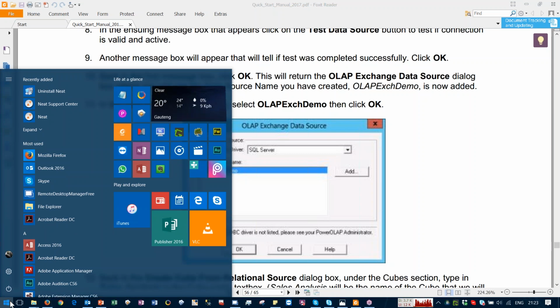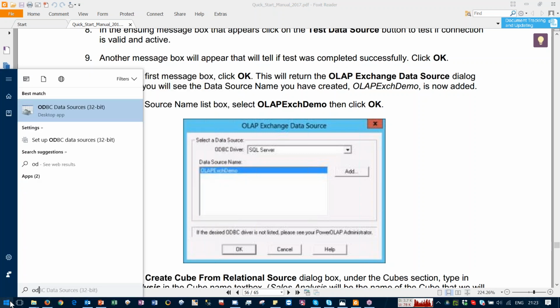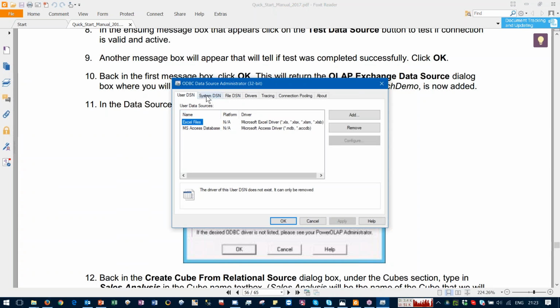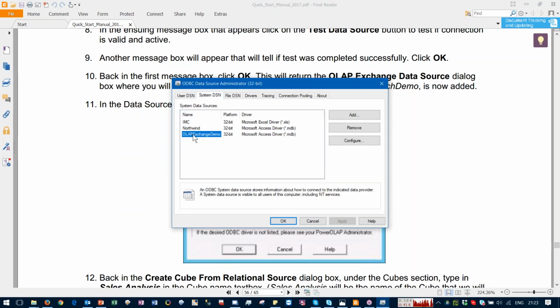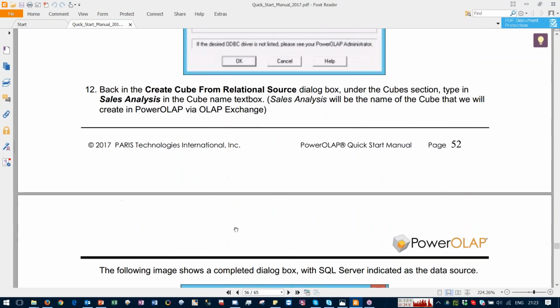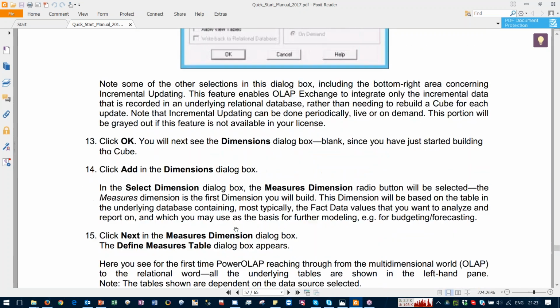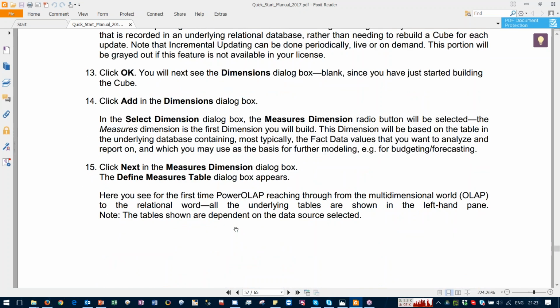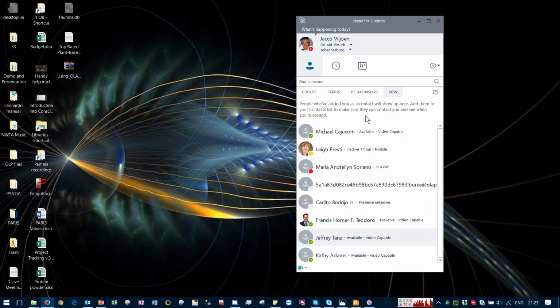The most important thing before you start working is that you create an ODBC driver, a link, a data source name between your data source and PowerOLAP, and then go through this exercise that will help you to create dimensions and then bring the data into PowerOLAP automatically. What we are, however, going to do is I'm going to open up